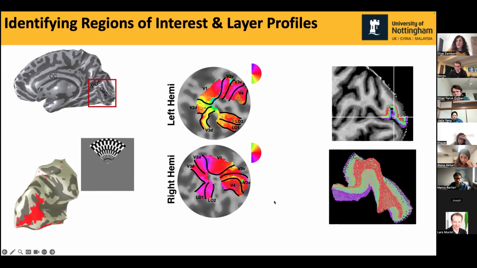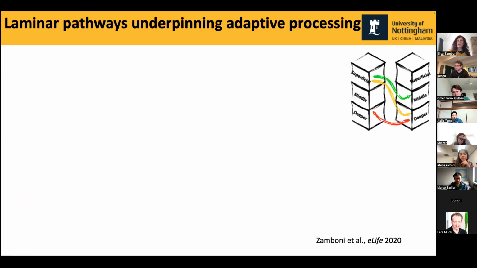Once we had our layering for each of the individual regions of interest, we then performed functional connectivity analysis. This cartoon here is just to remind you that in green we have our feed-forward connections, and in red we have our feedback connections. So if we start by looking at